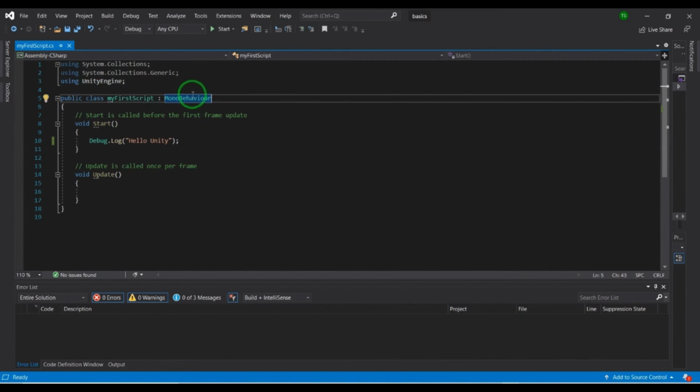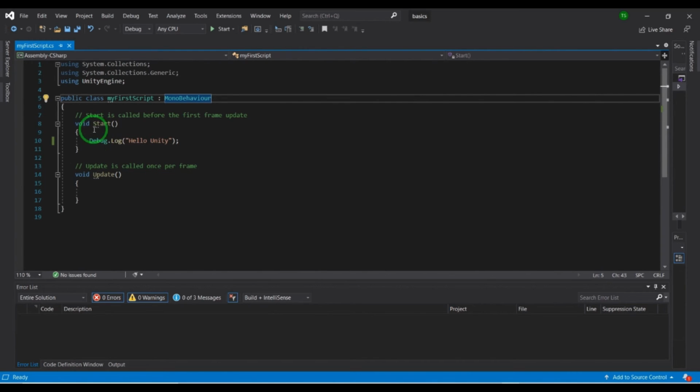Inheritance means we are basically borrowing some code from MonoBehaviour in our script. Start and Update are defined in MonoBehaviour. We are taking those definitions of Start and Update from MonoBehaviour into our script, my first script, and using them. And MonoBehaviour is defined in UnityEngine.